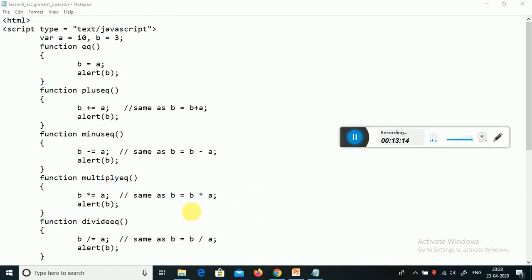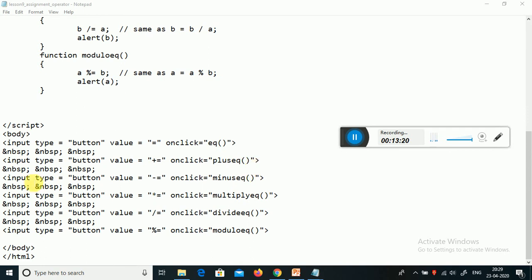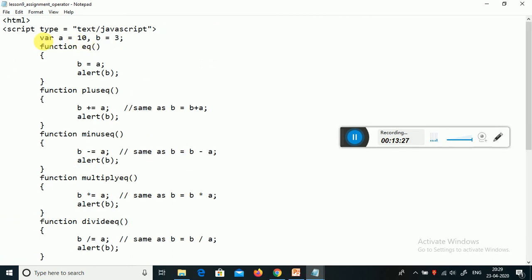Okay. Next operator is the plus equal operator. It means this is the same as b equals b plus a. So let me refresh the screen now. Okay.